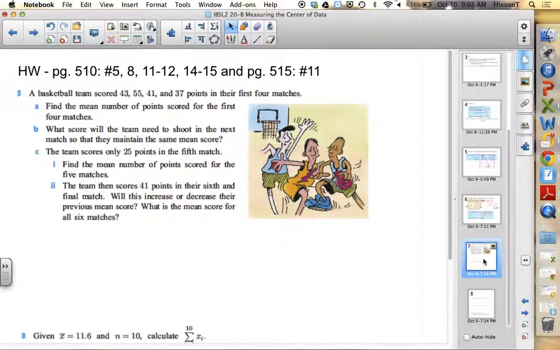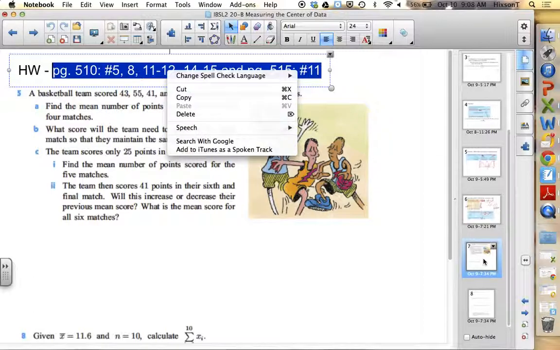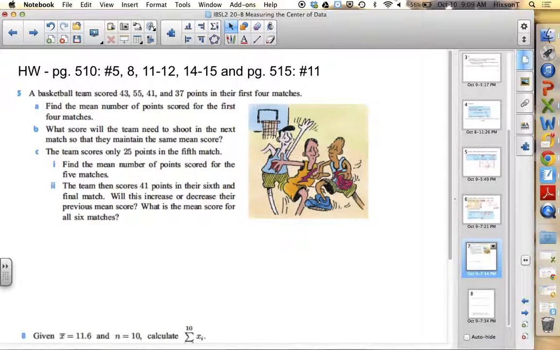And I don't know if you guys looked at Skyward at the beginning of the week. I did actually modify what was originally in Skyward. I had a couple extra ones at the beginning that I eliminated, and I added number 11 here. So that was different. It's changed if you go back to Skyward now. And I'll put this on the website as well. So, all right, we'll let you guys